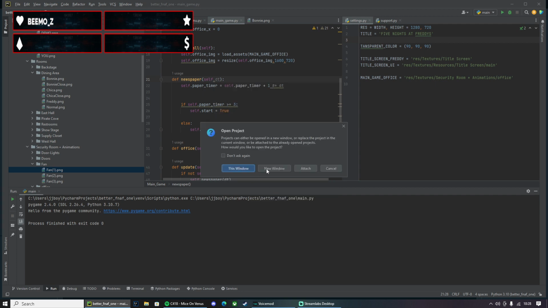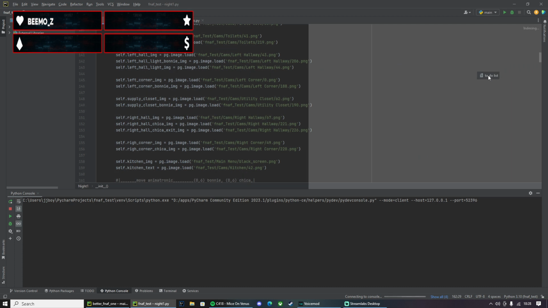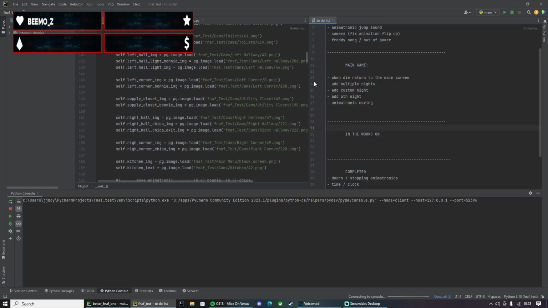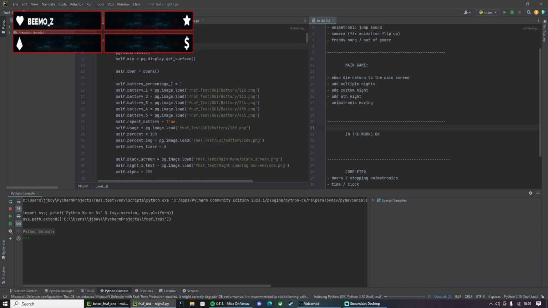Alright, so this is my old Five Nights at Freddy's game. Even now you can see what is going on. So here is the night one, class night one. We actually implemented sounds in this, because of the mixer. But look at this.